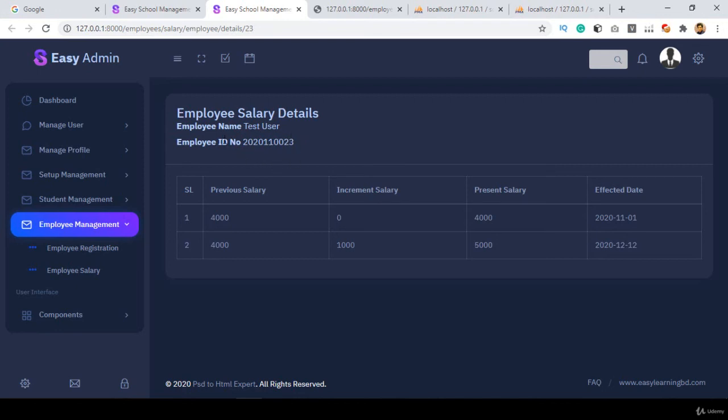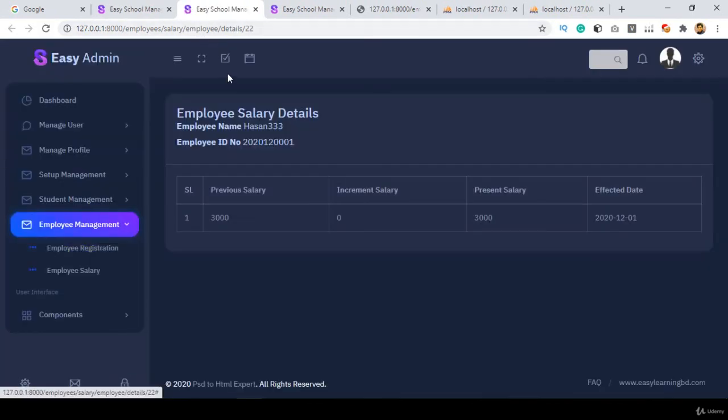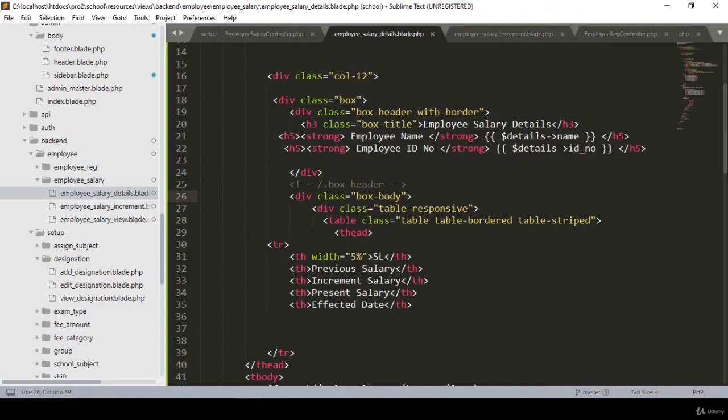I hope every part is very clear to you. And now I want to update one thing here. If you click it, then it opens in a new browser, right? So you can also take it, rather than, if you don't want to use it, as I told you before, into the employee